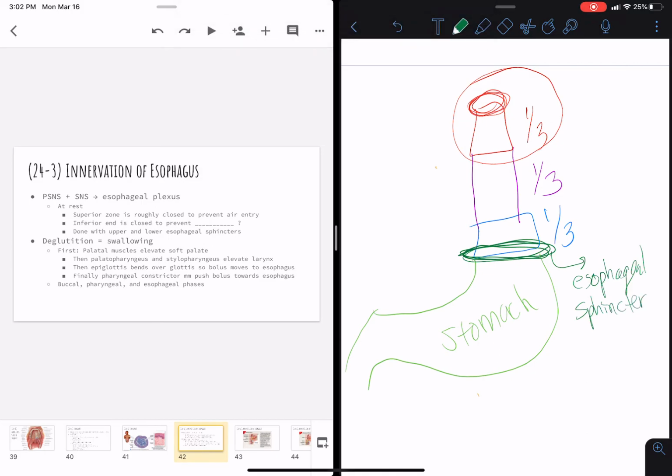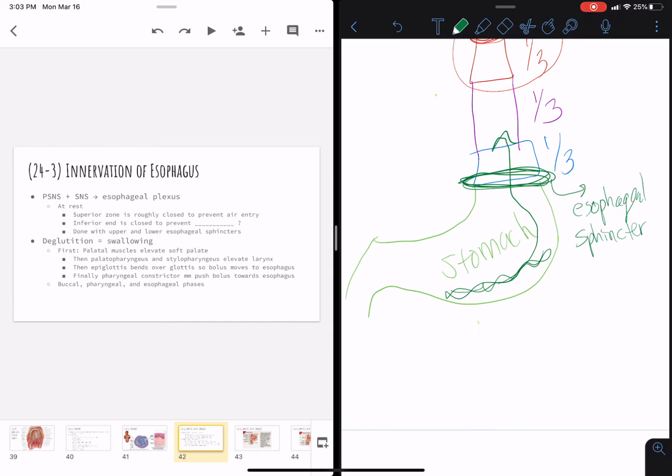And the esophageal sphincter is going to typically be closed so that it doesn't allow any of the building up of acid in the stomach to actually come up the esophagus. That is something known as heartburn or gastric reflux, or it'll be sensed as heartburn, but it's actually gastric reflux. The verb for swallowing is deglutition. This might sound familiar to one of the seven, I think they're sins, gluttony, and so that's where that word